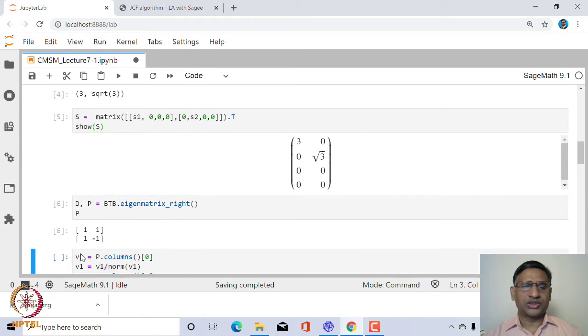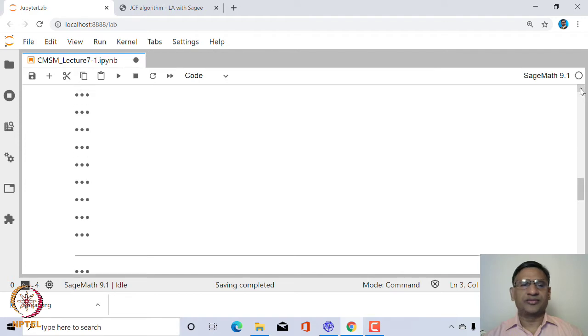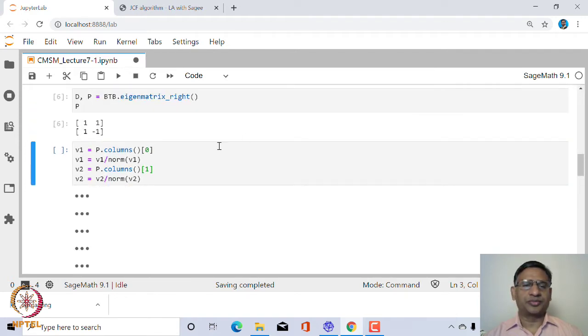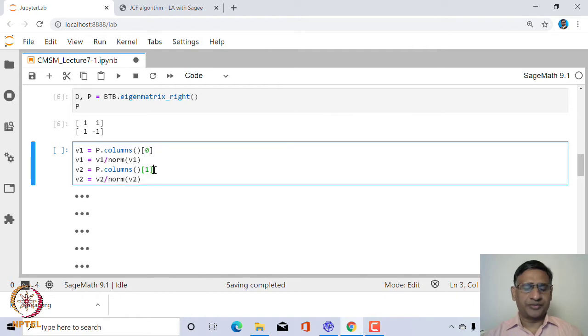Let us store this in V1 and V2. The first column of P we will store in V1, and the second column of P we will store in V2,